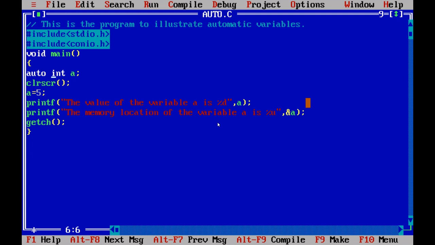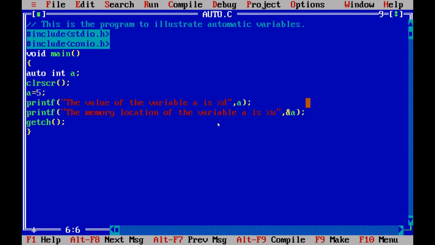Whenever you wish to make use of the automatic storage class, we should make use of the keyword auto. That keyword must be typed before the data type. Okay, and the values of those variables will get stored in the memory locations only.